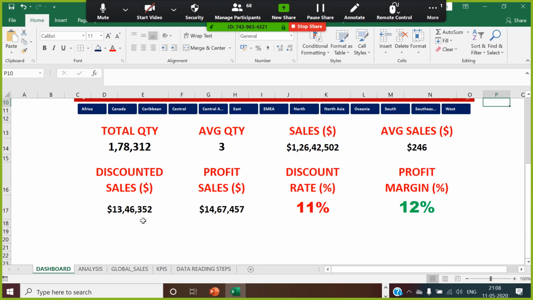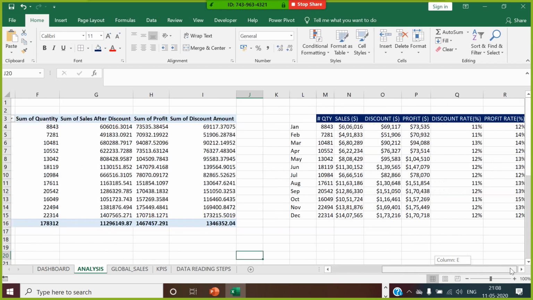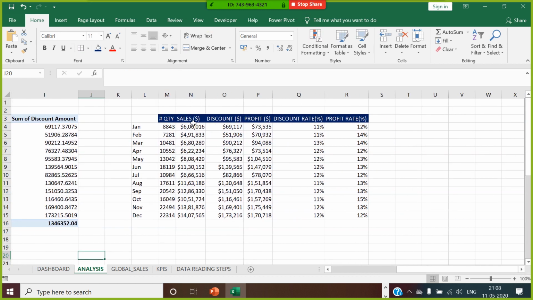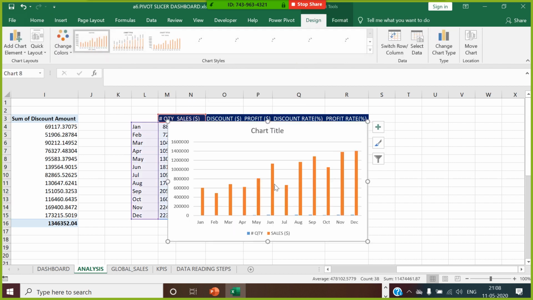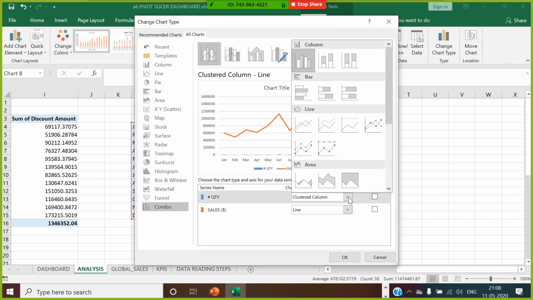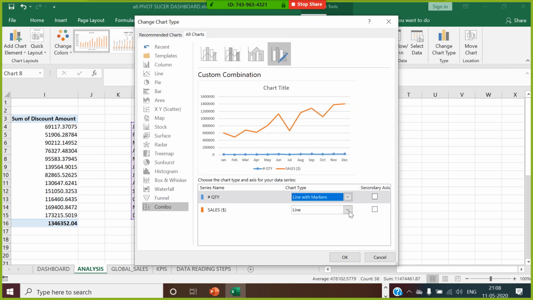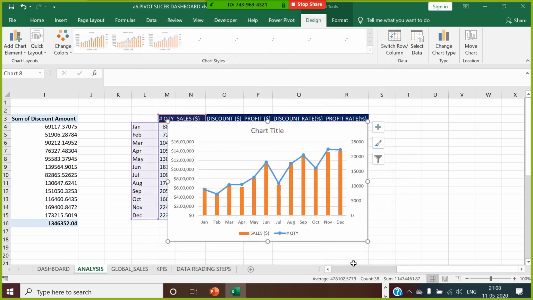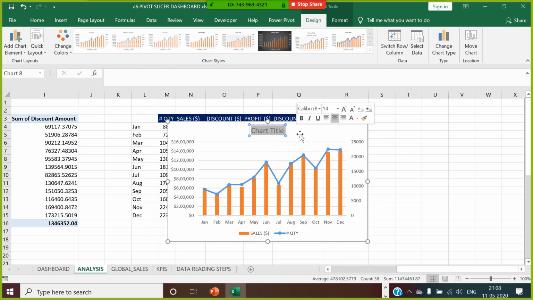Okay. Now in this you need to add your charts. So your chart should be presented as one is by sales to quantity. So you select these two, go for creating this as a chart here. Right click, go to change chart type, make it a combo chart, make the quantity into the line, and this is going to be the bar chart, make it secondary axis. So you can show it here. So your chart title would be sales versus quantity. Sales dollar versus quantity sales.